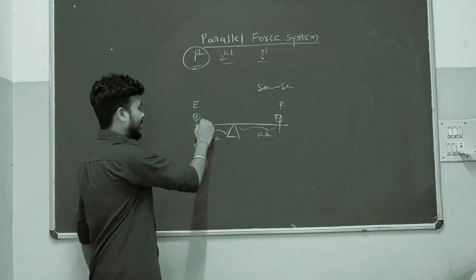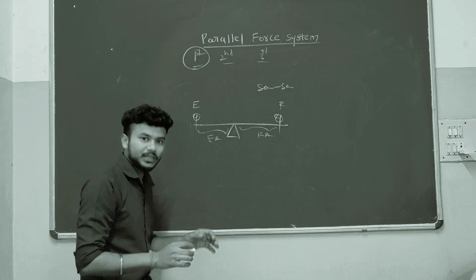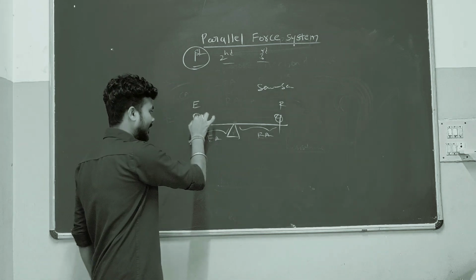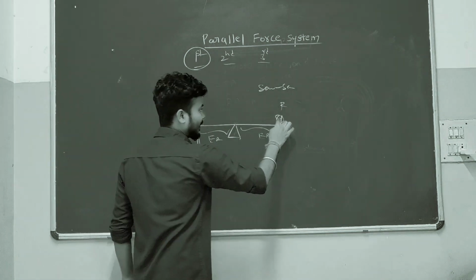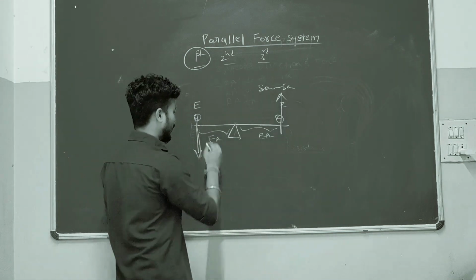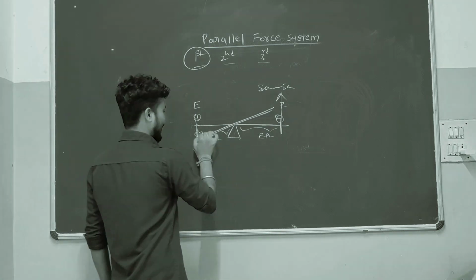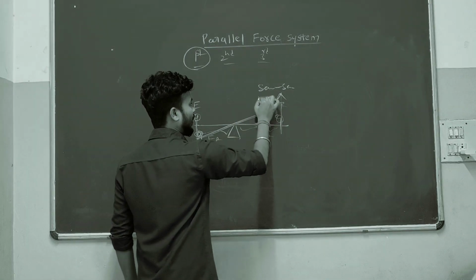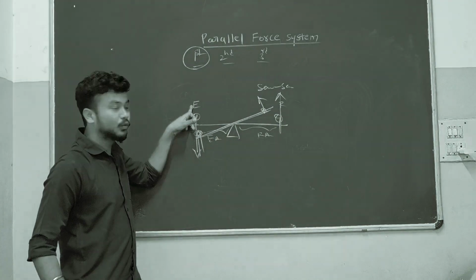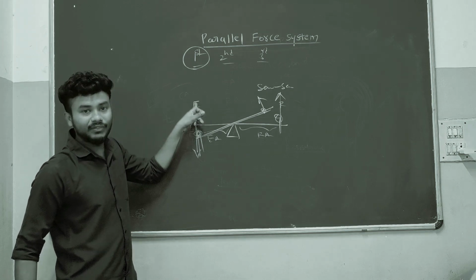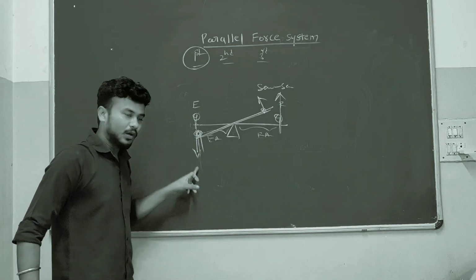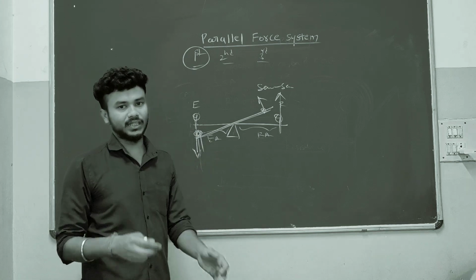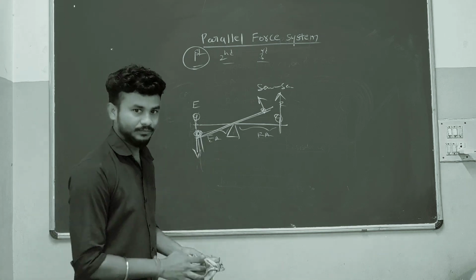Suppose the child gives more pressure on the seesaw, then the seesaw will come down. So the effort arm will come down and this one will go up, like this. This child will come down, this child will go up. So who created the rotation? This effort arm created the rotation. This child created the rotation. This is the classic example of the first order lever. Okay.